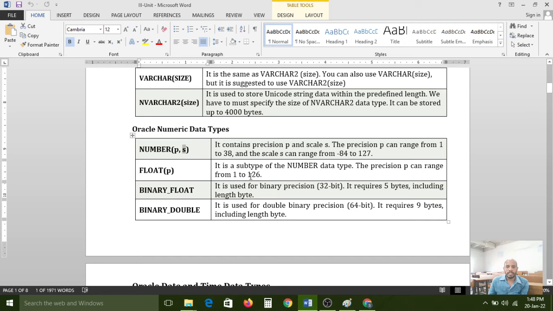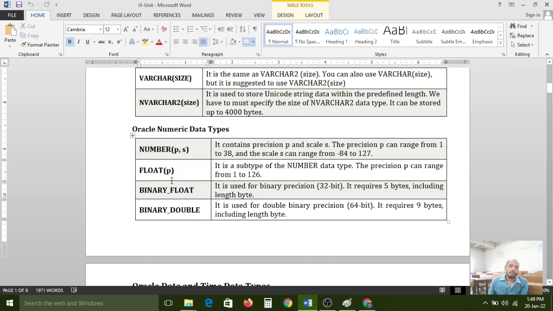Float is also the same. It is a subtype of the number data type. This float data type is also derived with the help of the number data type, so number related functionality is derived by float. Number is a super type, like your father; float is a child type, like you.